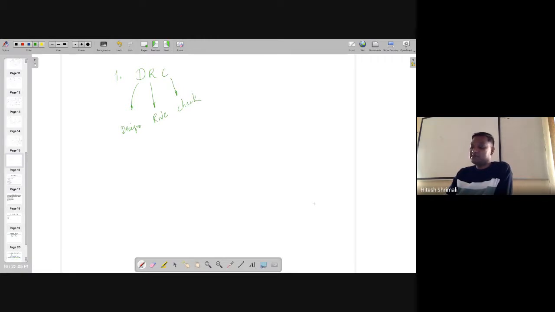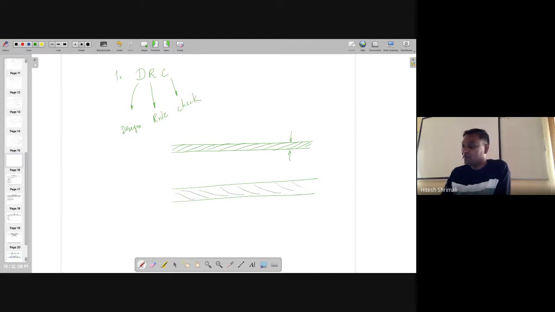What DRC means is, like if there is a metal one with so much width of metal, and another metal I am drawing here, the distance between these two metals, look at this, this is also metal one, this is also metal one, the distance between these two metals is already told to you by something called the design rule manual. In that it's already given.